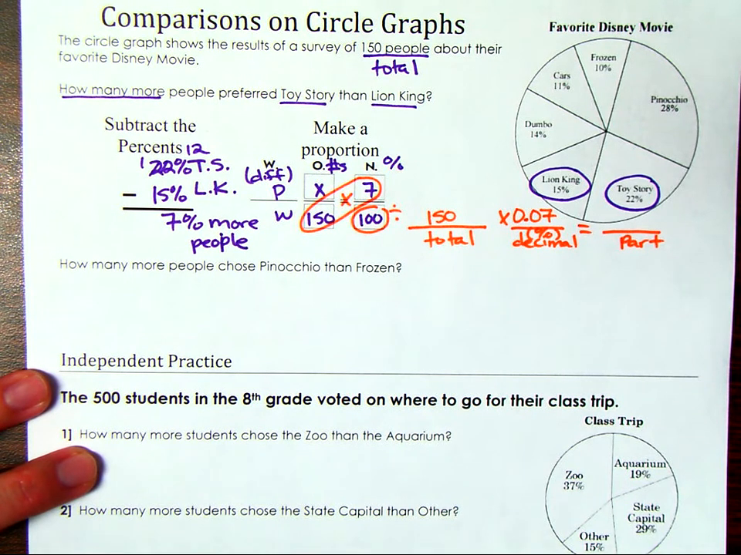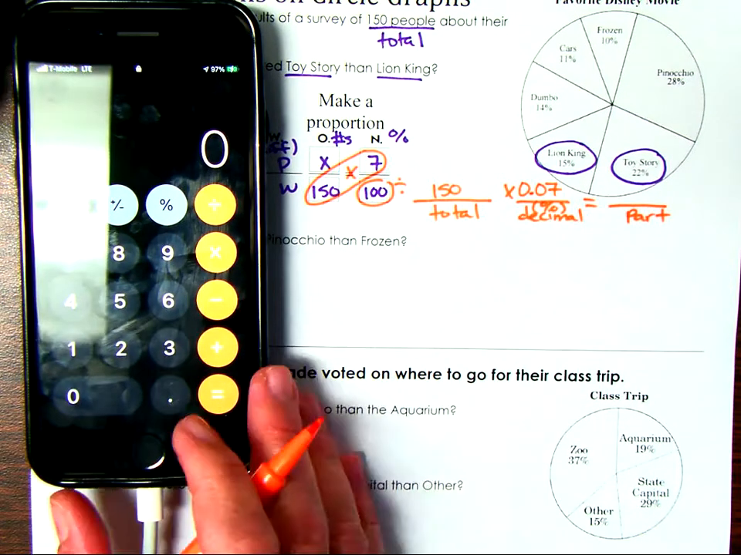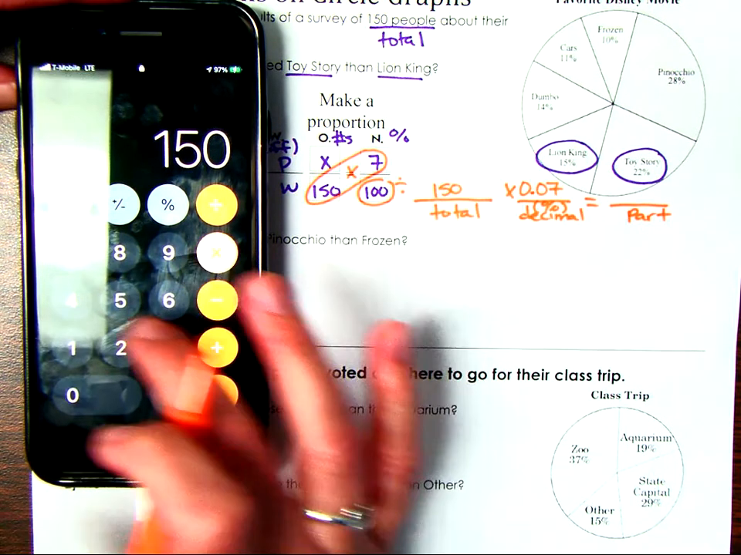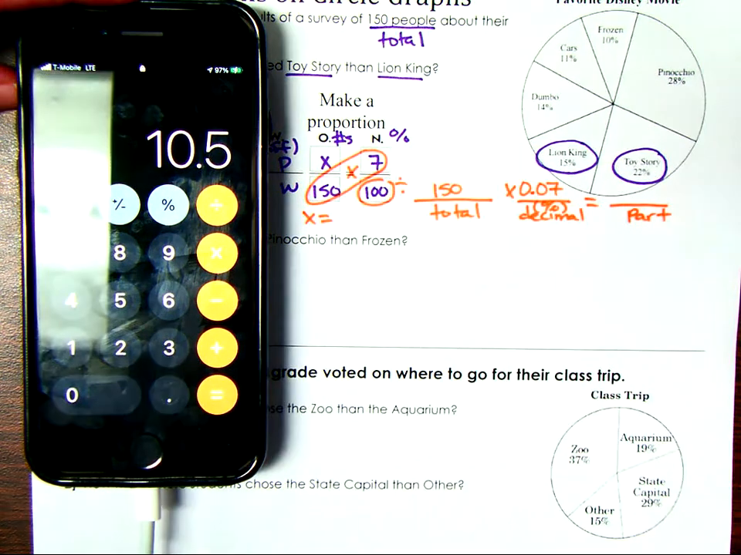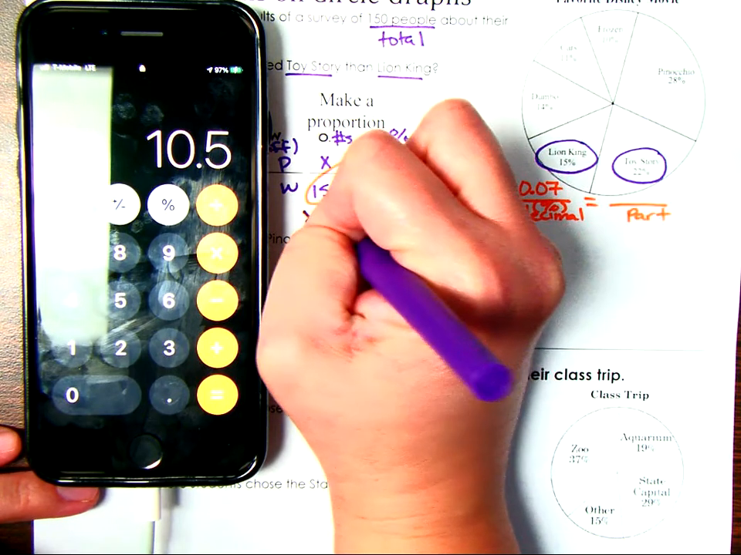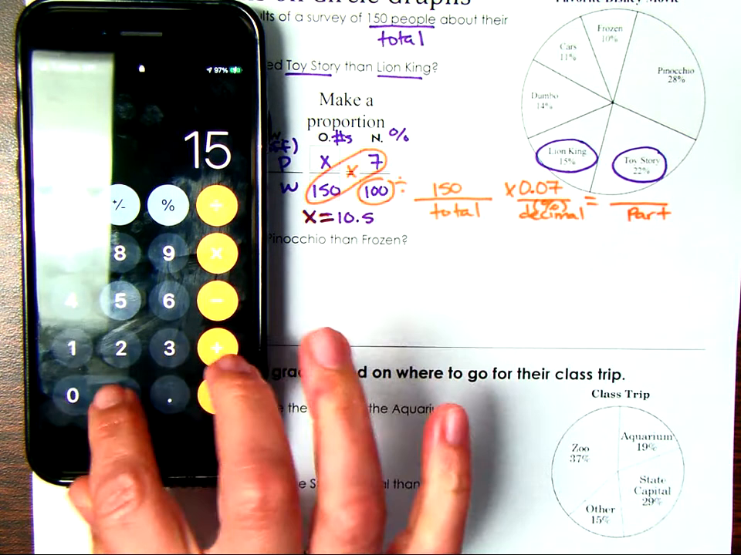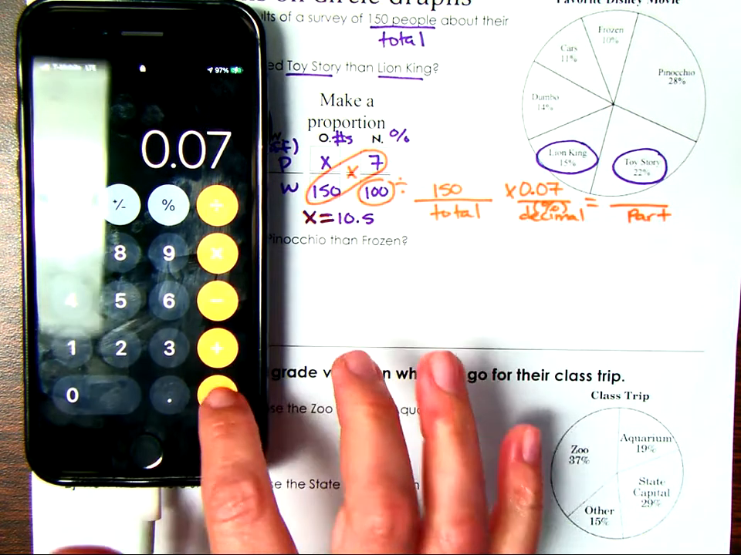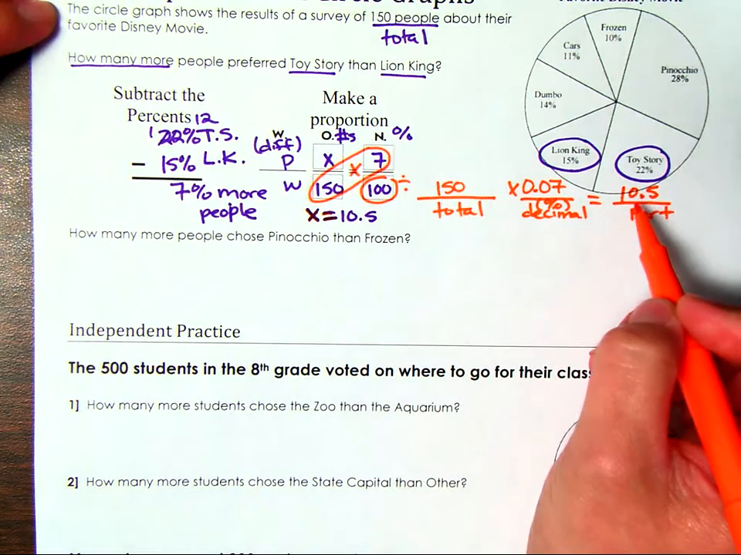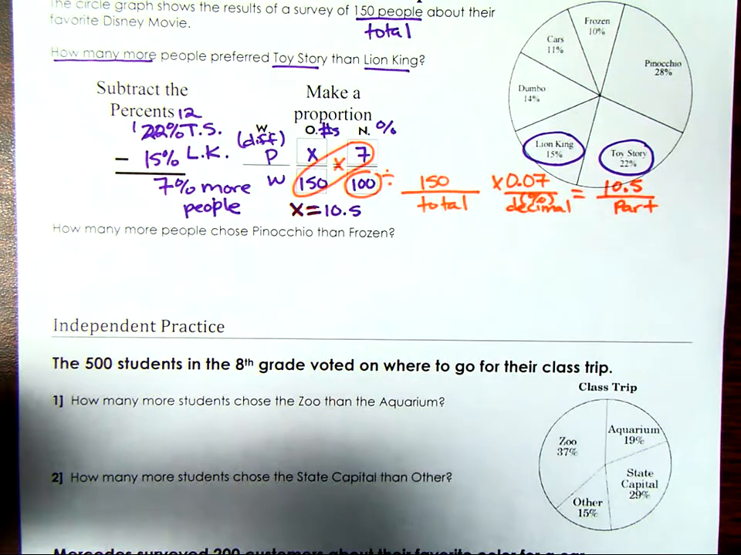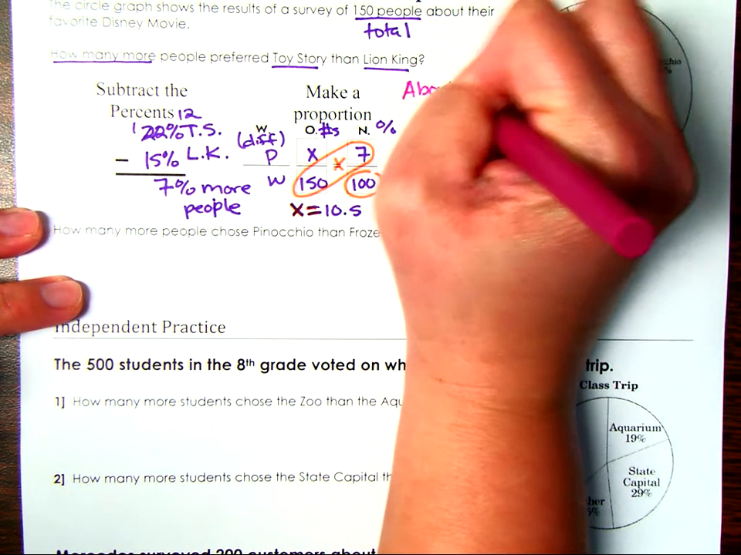Just for time purposes, I'm going to show you with the calculator because I want to make sure you have enough practice, but make sure you know how to do this without a calculator. 150 times 7 divided by 100, when you do it this proportion way, you get 10.5. Let's try it this way: 150 times 7 hundredths, you still get 10 and 5 tenths. Stop and think about it. Can you have 10 and a half people? No. So we're going to estimate and say about 11 people